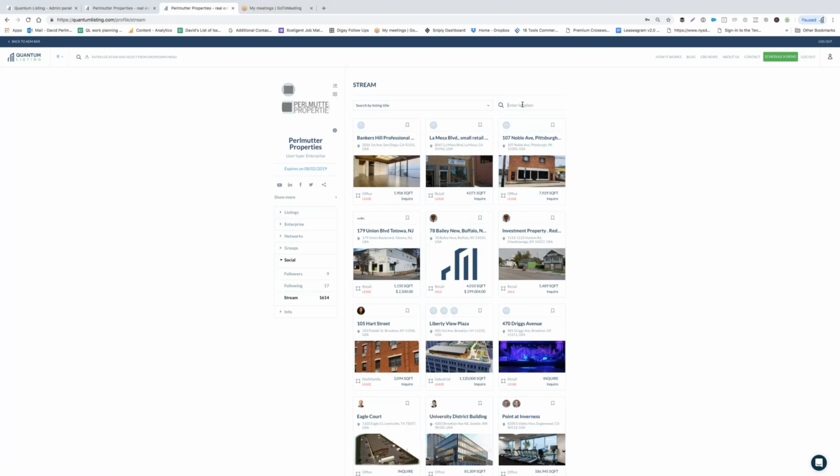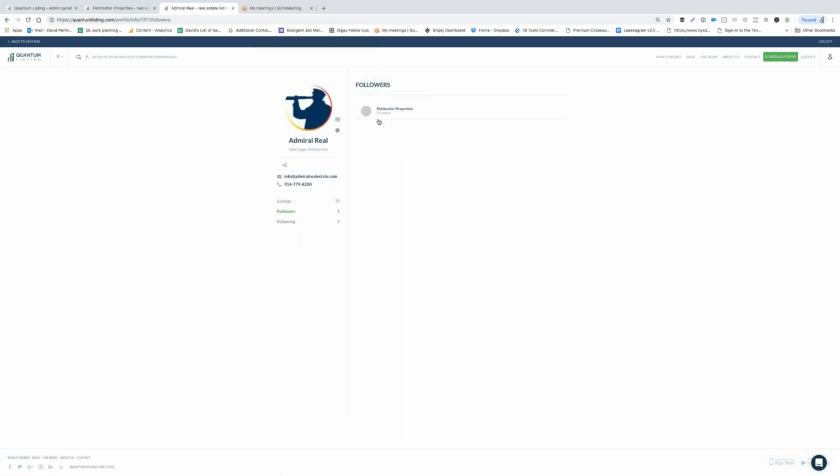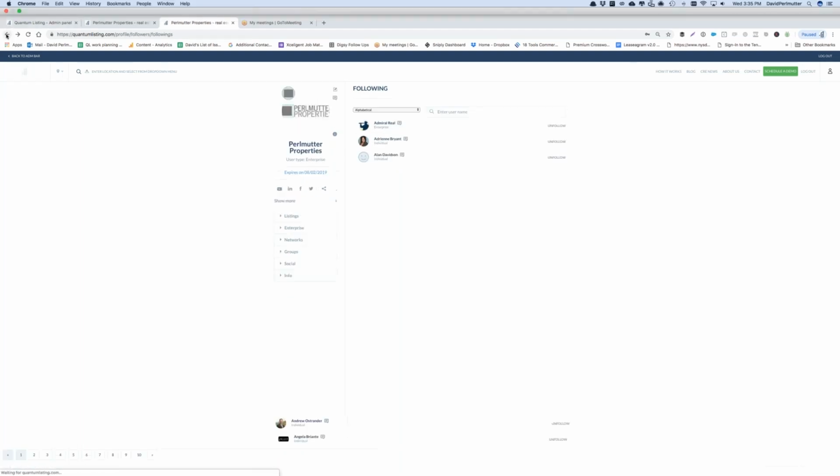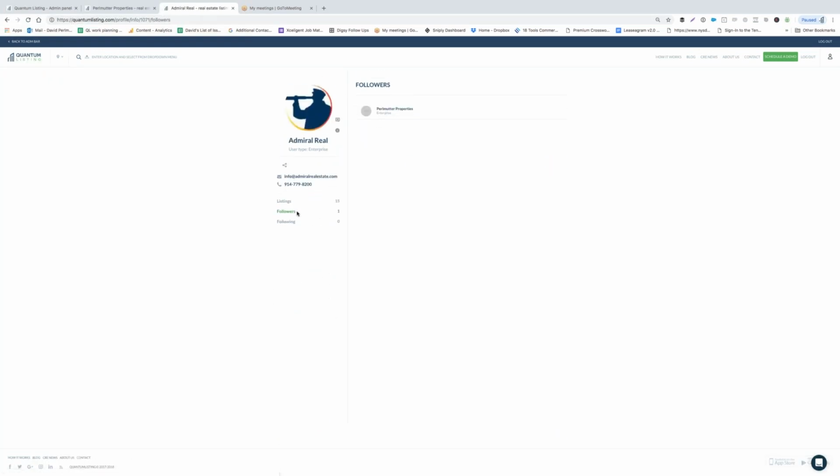Okay, so I can search by location. And I can also search by listing title here. But what is probably going to be more what I want is I'm following Admiral Real Estate and I want to see his listing. So I'm going to click on his name here. Let's go back one. So I'm clicking on Admiral Real Estate here. I'm going to then be brought to his profile page,